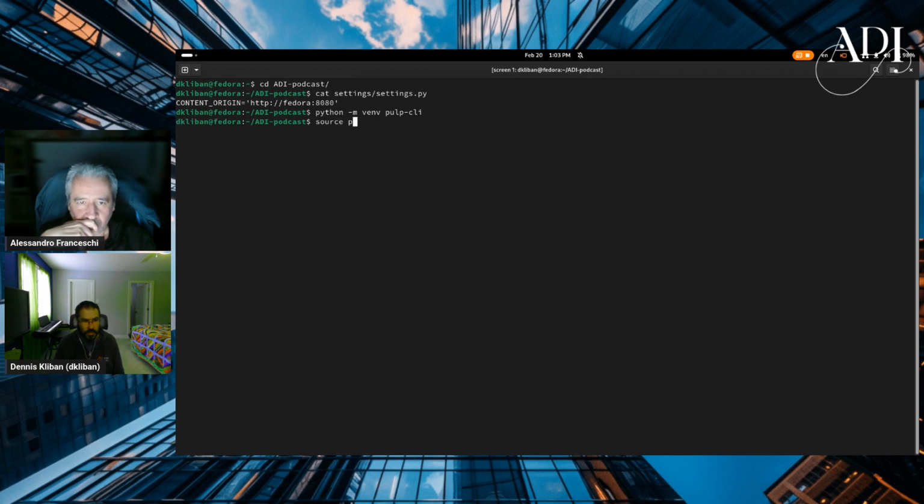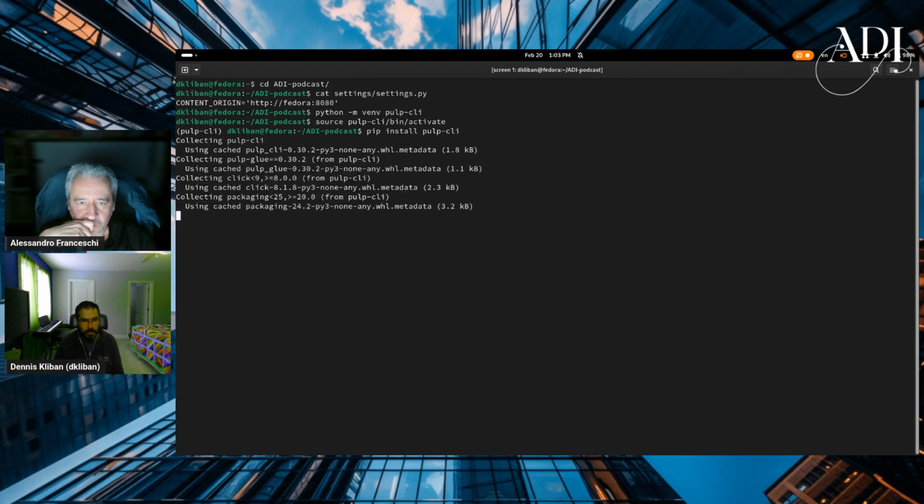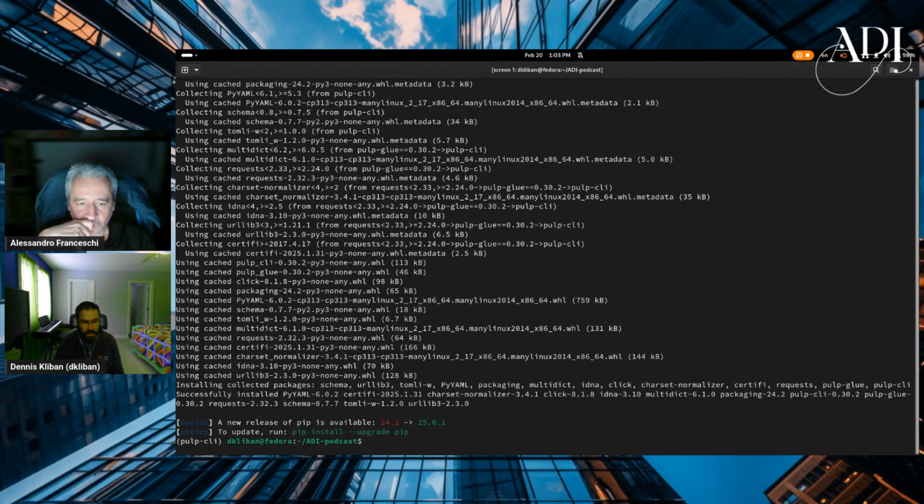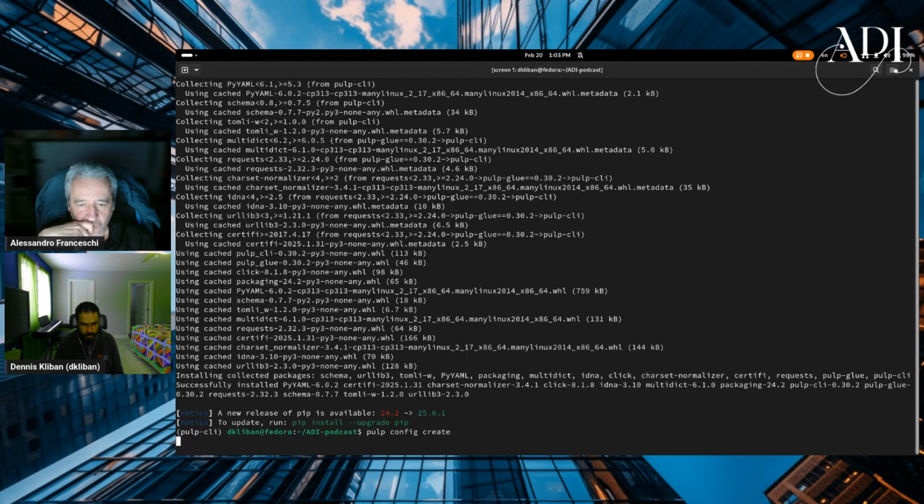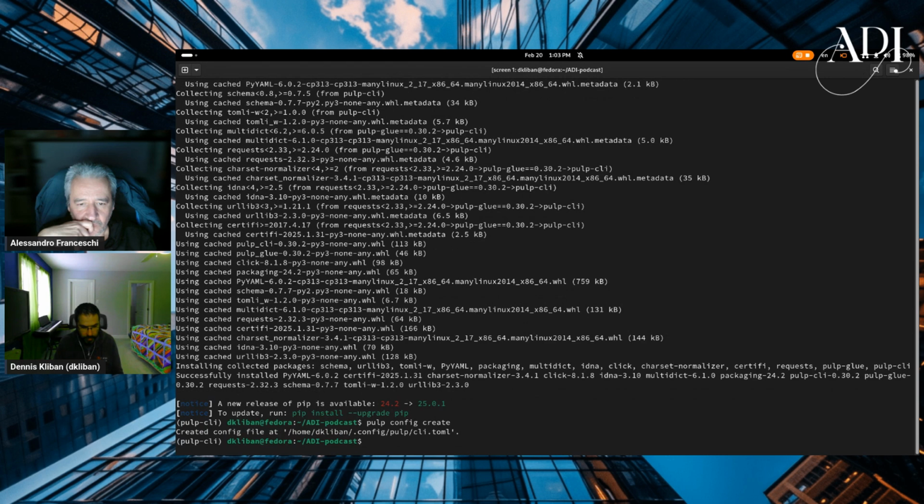We're going to activate it. Then we're going to install Pulp CLI. Pulp CLI provides you a command called pulp, and you can then create a config. This created this file for me, but really I want to modify it. The create command takes a bunch of parameters that you can pass in if you want to create a config with specific settings, but we're just going to modify it